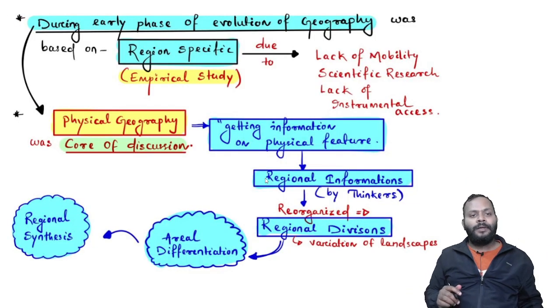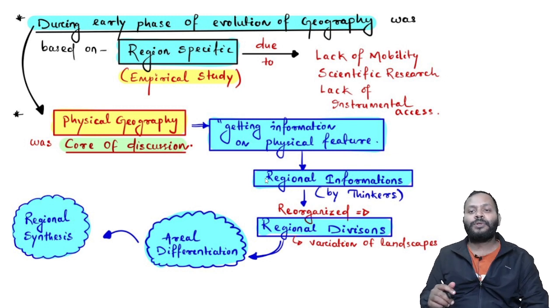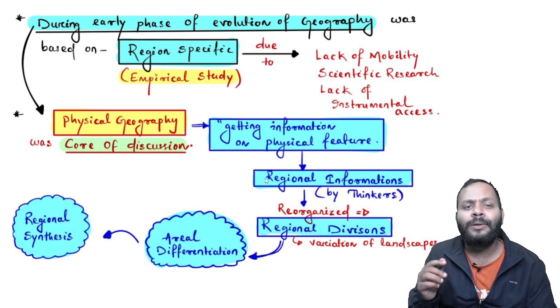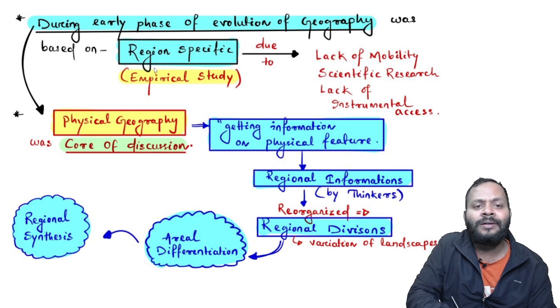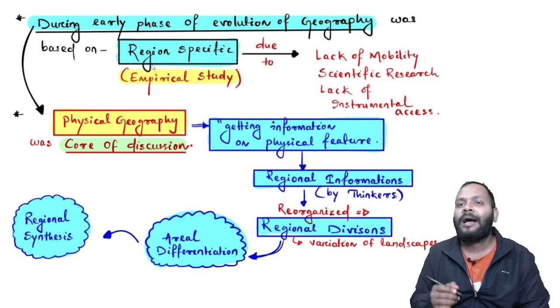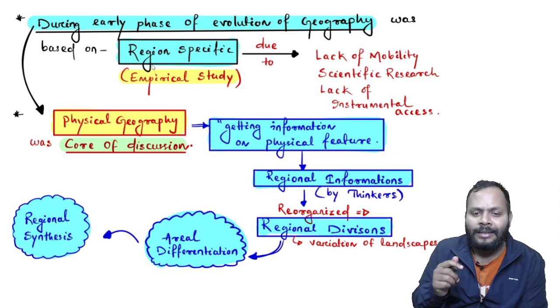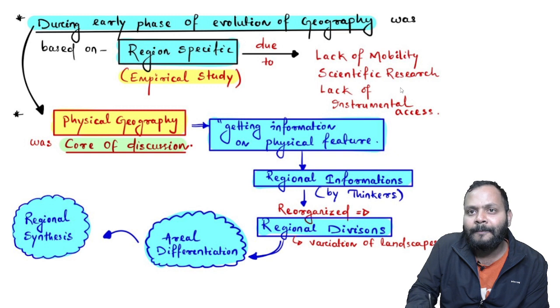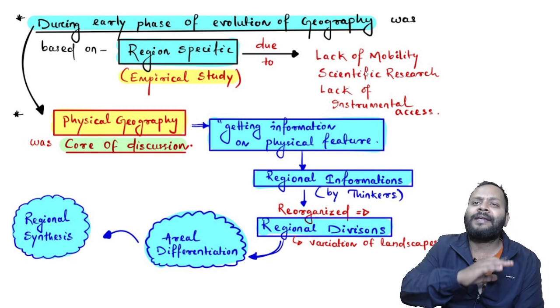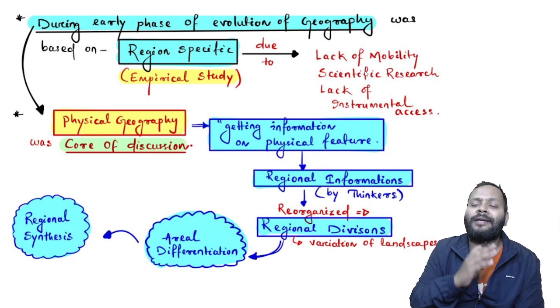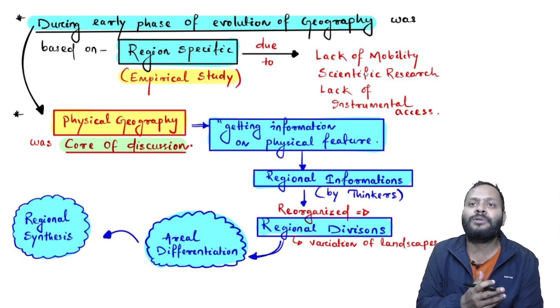Now, during the early phase of evolution, geography was based on region-specific study. How can I say that geography was region specific? Let me tell you that at the very initial stage of human civilization,